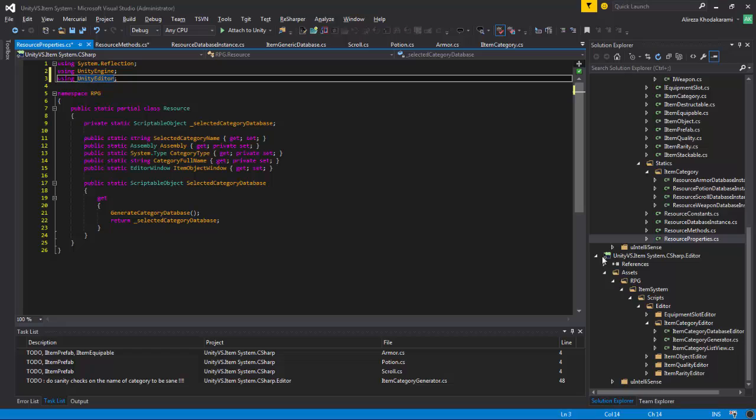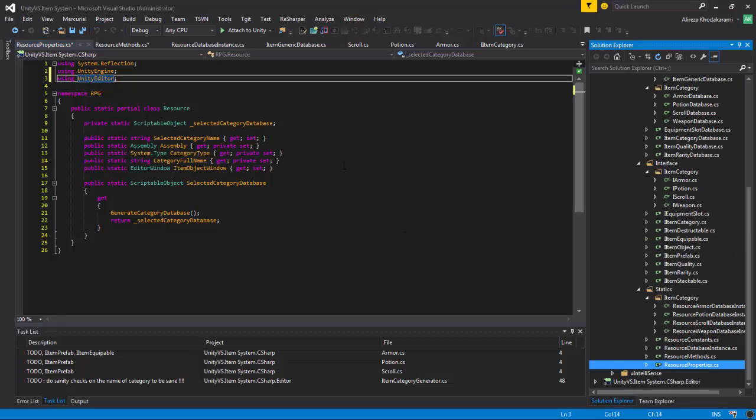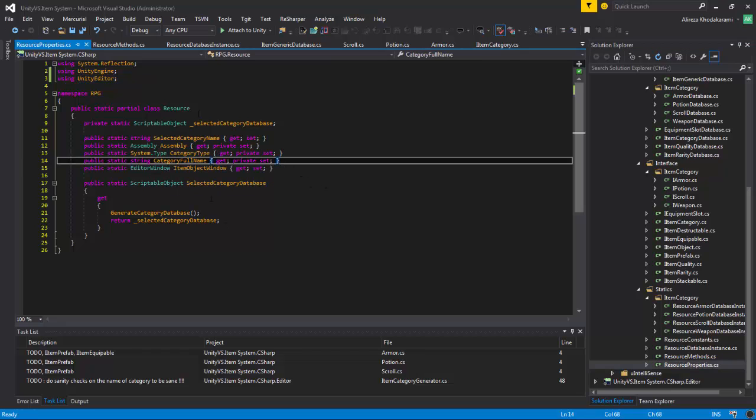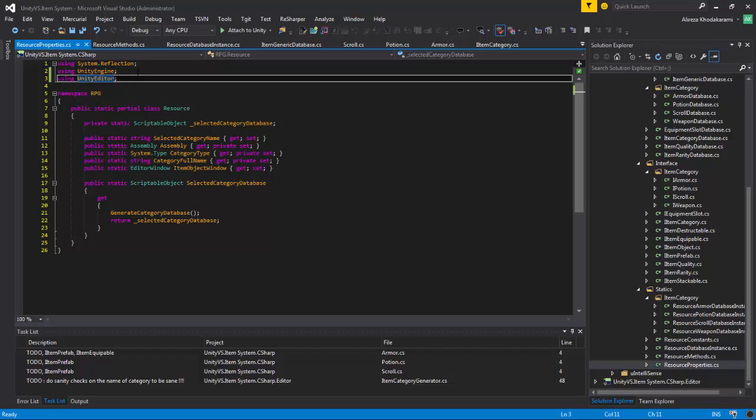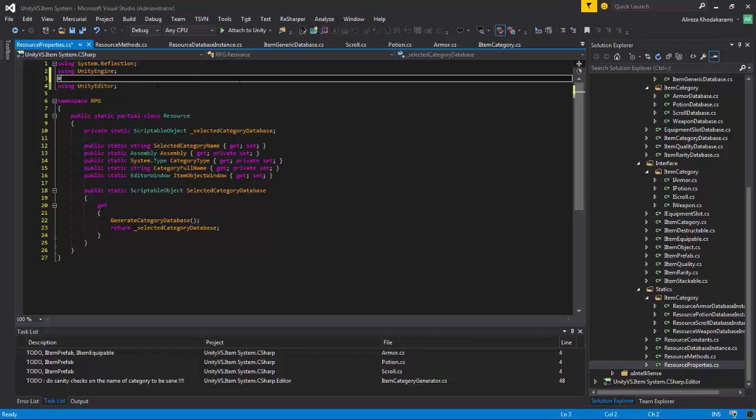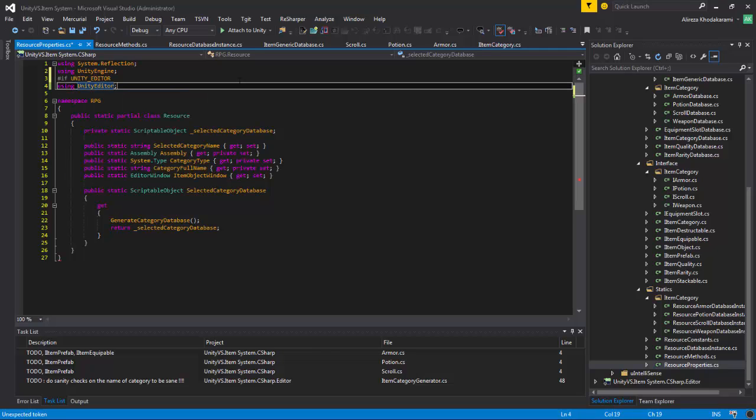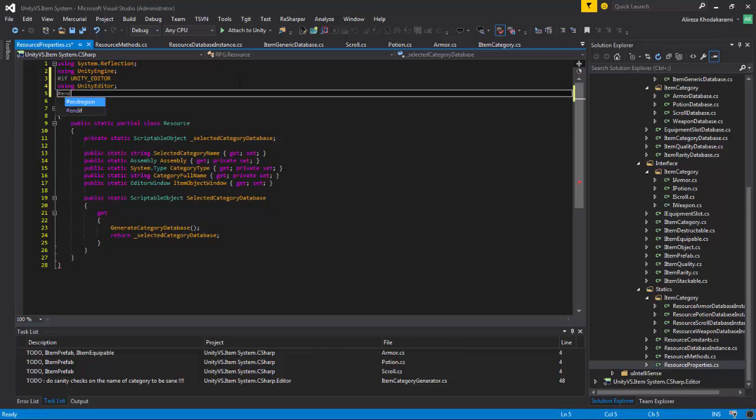Okay. For the editor solution, we are not bothered. But these guys, well, guess what? We have problems there. So we need to address these guys. How should we address these guys? We say if Unity editor and if